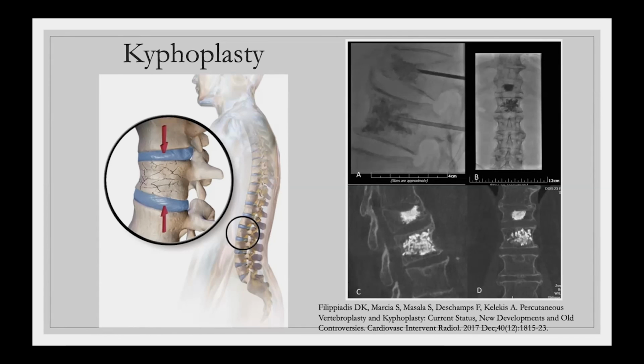One thing that can be done is something called kyphoplasty, where you go through the bone in the back to enter this deeper part of the vertebrae, which is called the vertebral body. Then you can use a balloon to inflate and kind of jack up the bone, so it's not smushed like a pancake but instead has more of that box type shape. And then afterwards you inject some cement.